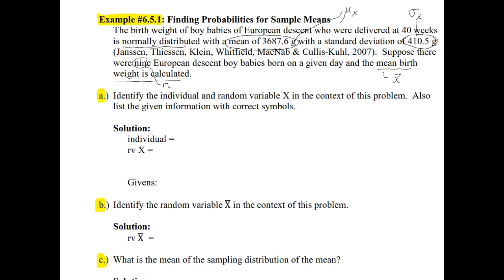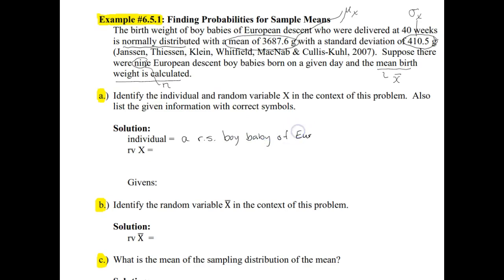Alright, so kind of just reading through the paragraph and just picking out all of the symbol information that we need. So part A says to identify the individual, the random variable x in the context of this problem, and then we're also going to list the given information with the correct symbols because we're going to need it as we start making these computations. So an individual is one of something. So again, this is going to be a randomly selected boy baby